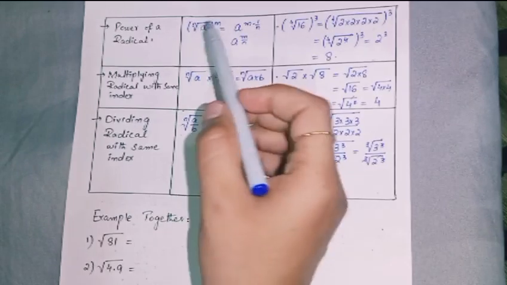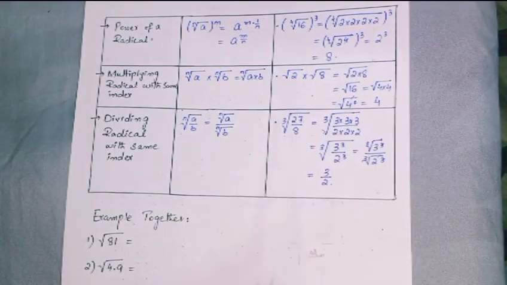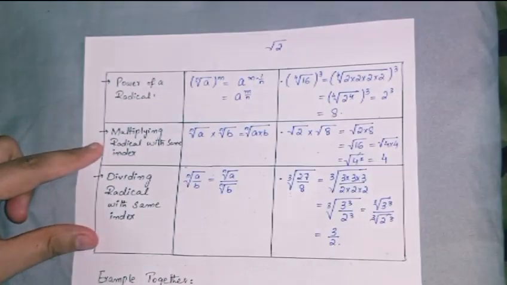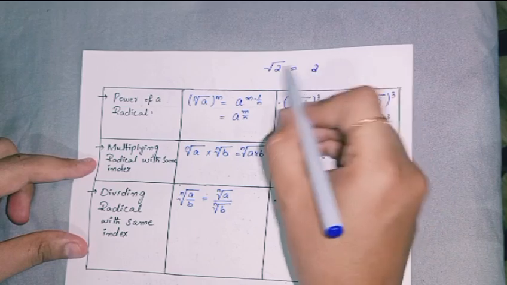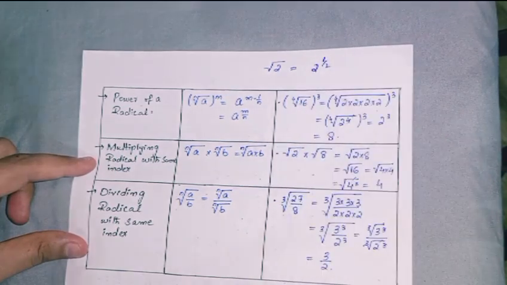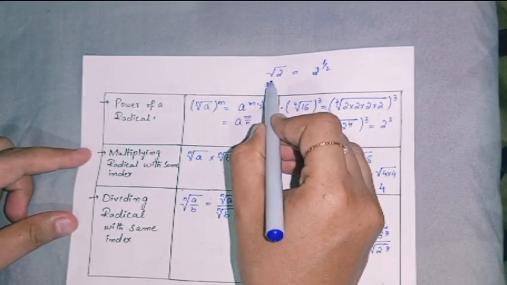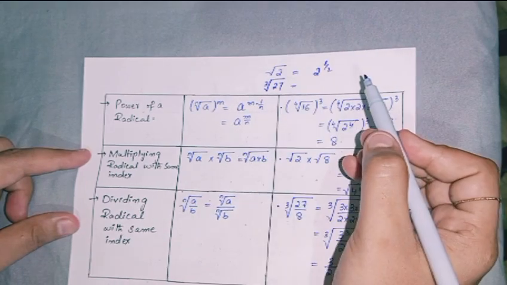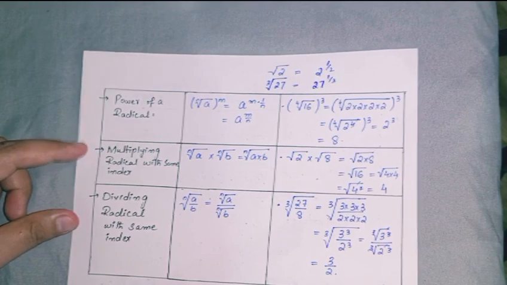Whenever you are taking any square root, it can be written in the form of 1 over 2. Let me show you how to write it. If I simply write a square root like this, you can also write it in the form of a power. How can you write it as a power? It will be 2 here, and the square root can be written as 1 over 2, half. So this square root can be written as 1 over 2. If I simply write the cube root of 27, how can I write it? I can write it as 27 to the power 1 over 3, because it is a cube root.